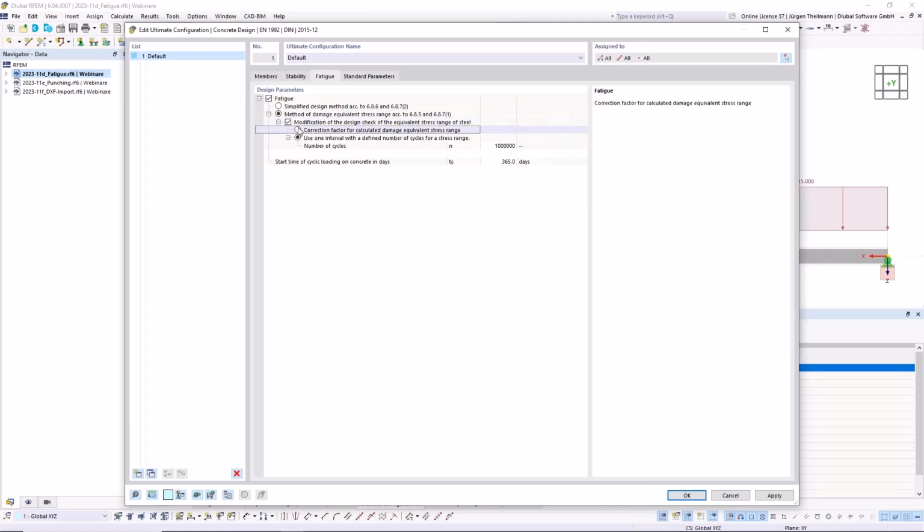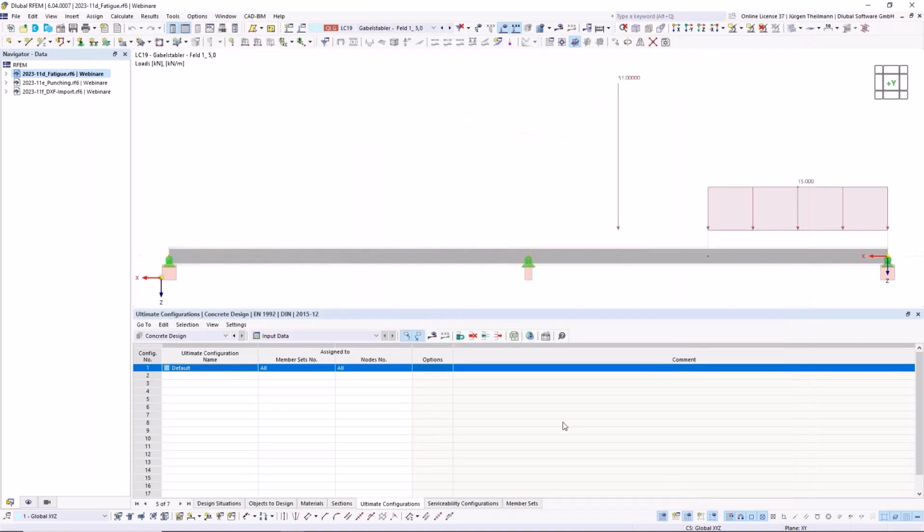I click that. You can use a correction factor lambda s, which is from bridge building. If you are from bridge building in your daily work, you know what this means and can edit it accordingly. Otherwise, you can use an interval of a defined number of cycles for your load alternations, which is by standard set to 1 million, but you can also edit another value just as you need for your project. So I switch this back to the level 1 design and switch off this. So that's the second thing you need to consider.